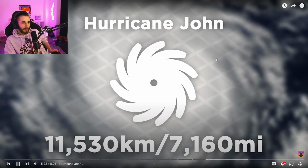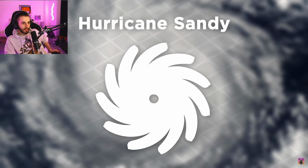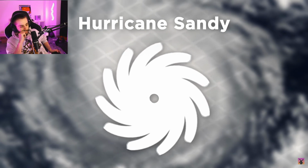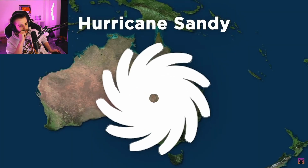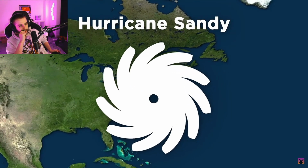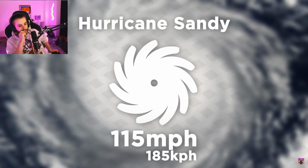Only a tiny handful of hurricanes have ever been bigger than this, but one of them was Sandy, which became the biggest hurricane to ever strike the US. It was about half the size of Australia, which looks horrific on a map, by the East Coast. But with a wind speed of only 115 miles per hour, it was actually classified as just a